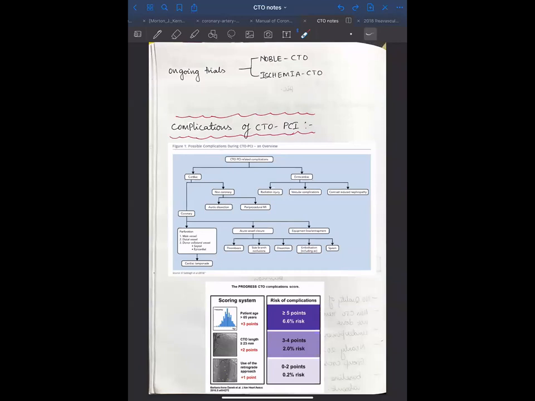See, basically, like I said, after all these extensive guidelines, I didn't come across this specifically. Presence of collaterals doesn't mean much, is what I have understood from all these things. So you still need to assess viability, and you still need to assess the symptoms. So if either of these things are there, then you can go for revascularization.